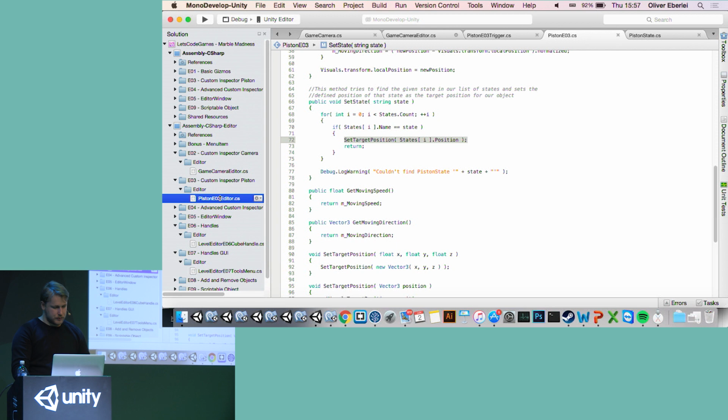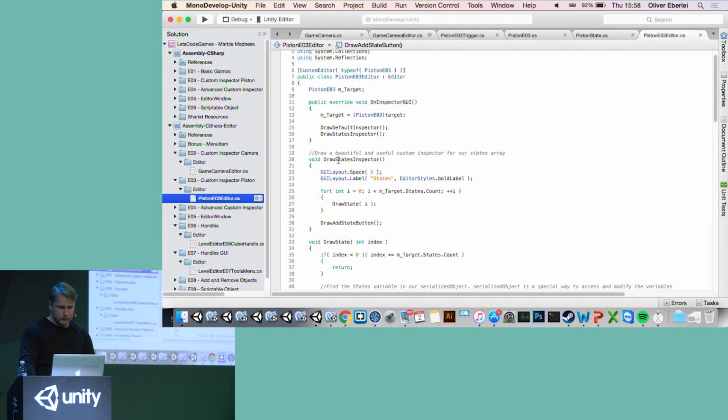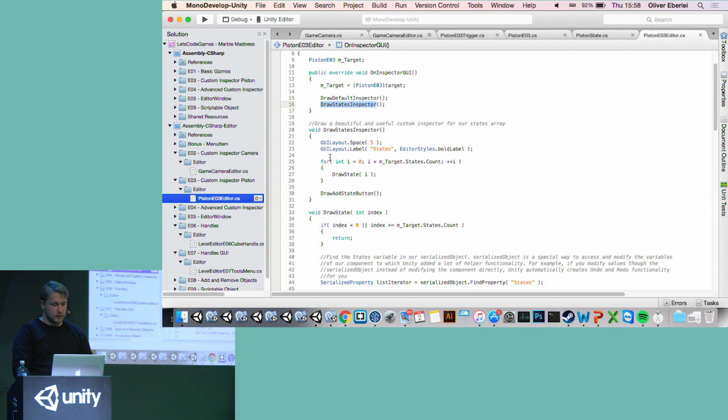So the Piston editor. Again, I started with draw default inspector to draw the first two values there, and then I draw my states inspector. The states inspector starts out with just a label called states, and you have some editor styles that you can access here. For example, what I use here, the bold label style.